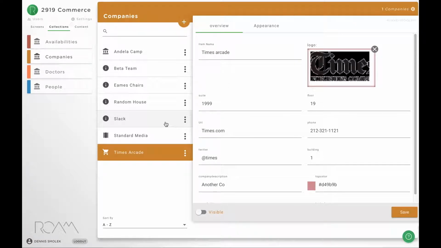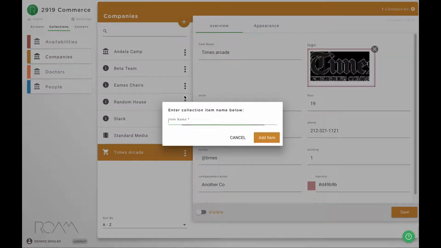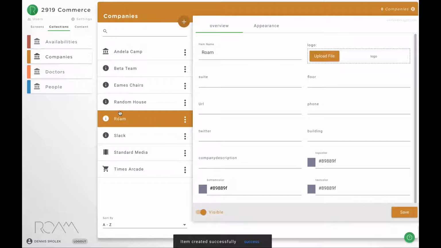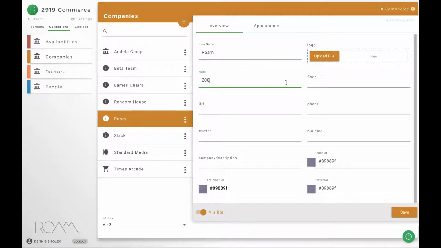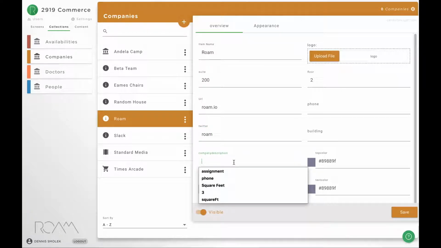So if we want to add a company, let's say that we're going to go ahead and add Rome to this location. So we're going to add Rome, and we'll see, okay, here's Rome. And so what suite is Rome in? So we're in Suite 200. We're on the 2nd floor. Our URL is rome.io. Our Twitter is actually at Rome. Our description, let's do